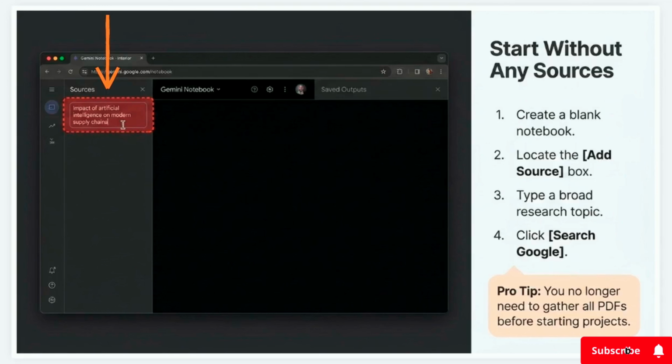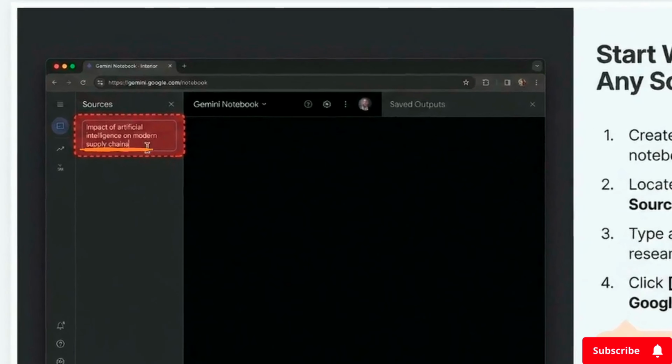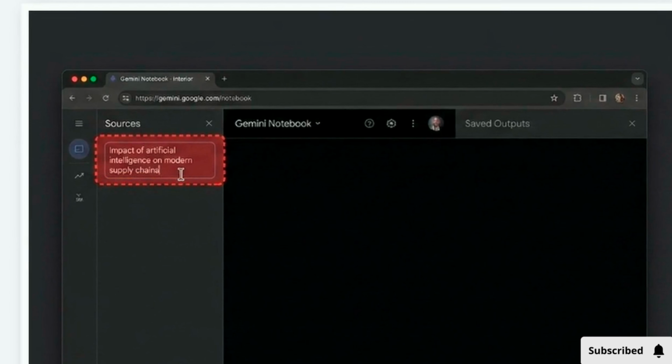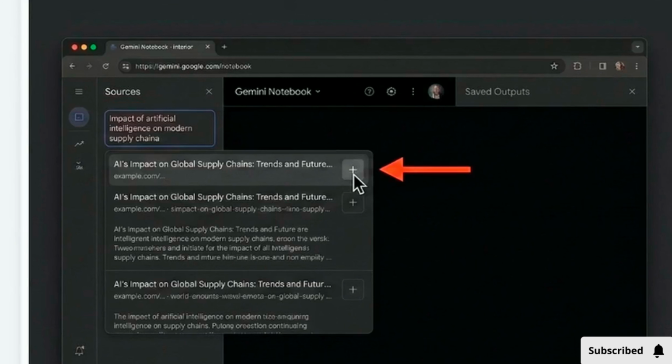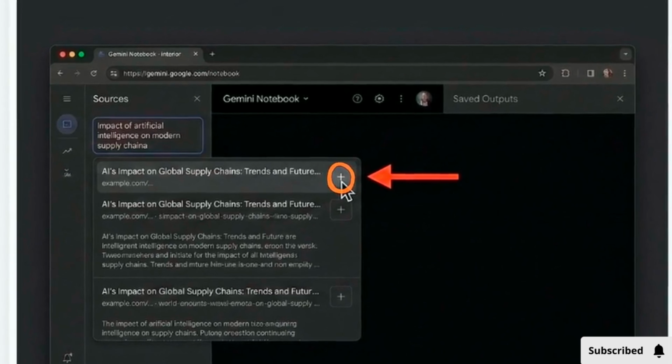You can also start without any pre-existing files. In the Sources box, simply type a broad research topic, like Impact of Artificial Intelligence on Modern Supply Chains, and hit Search. The platform generates a list of relevant web articles. Review the results and use the plus button next to any link to add that specific article directly into your